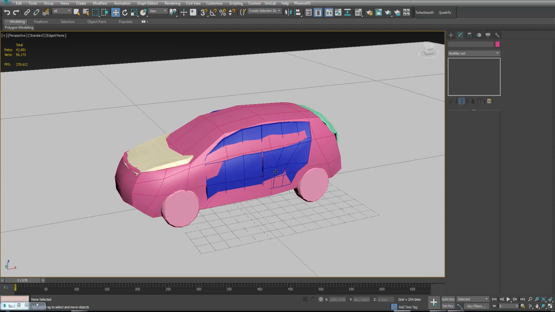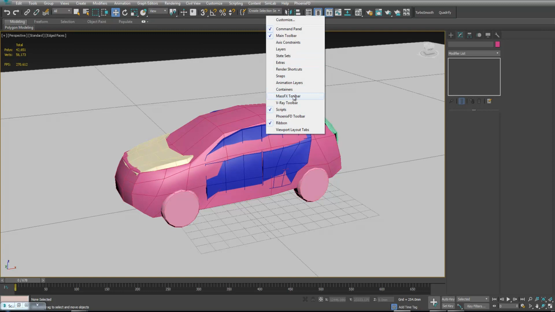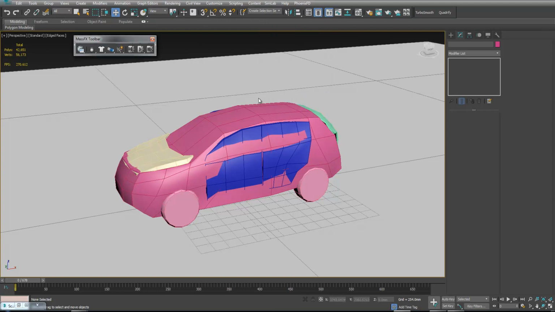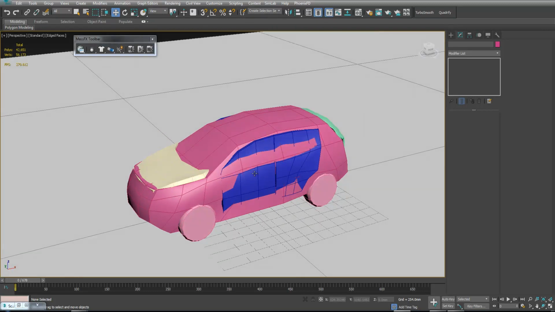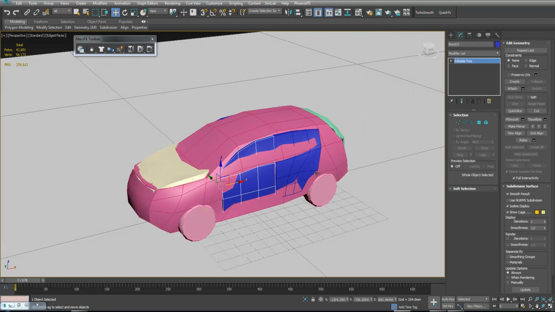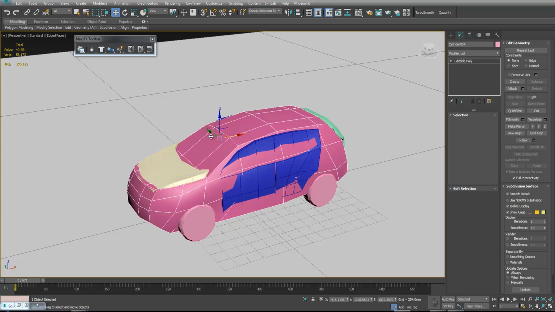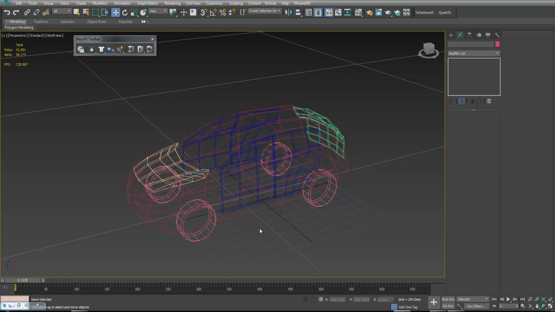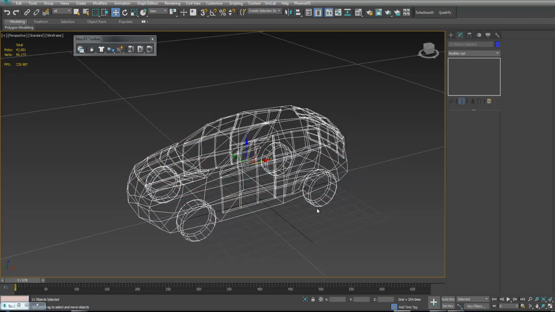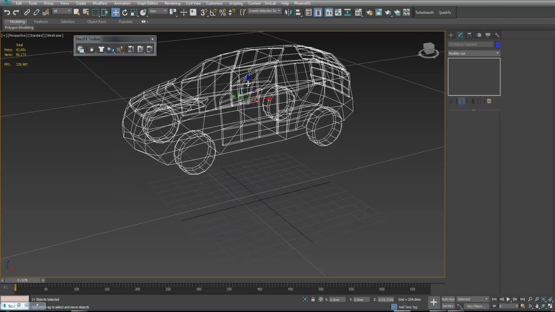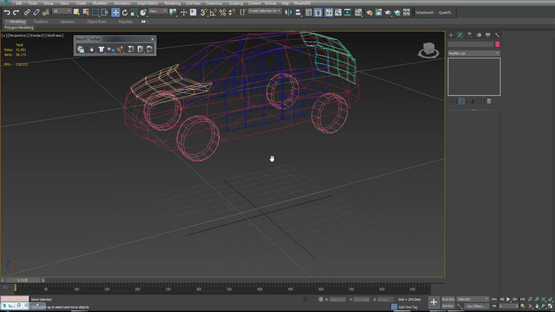So for simulation, we're gonna use the Mass Effects toolbar. We're gonna add hinge constraints to the doors and also to the wheels, and we're gonna add just a normal rigid body to the car. To be able to test it, we need to throw this car from the air. So let's bring it up